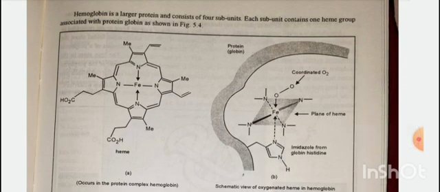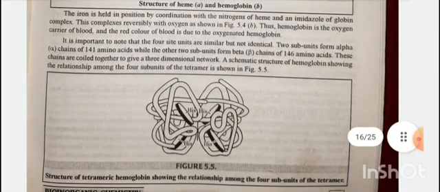Each subunit contains one heme group associated with the protein globin. The iron is held in position by coordination with the nitrogen of heme and an imidazole of globin. The complex reversibly binds oxygen, as shown in figure 5.4b. Thus, hemoglobin is the oxygen carrier of blood, and the red color of the blood is due to the oxygenated